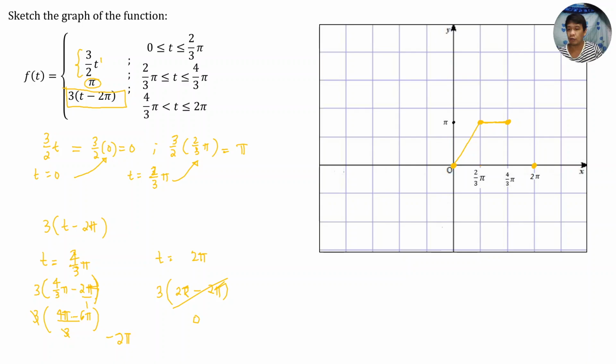So, negative 2 pi, that's roughly negative 6.28. So, if this is 1 kalahati, roughly nandito siya. And since excluded, maglalagay ako ng circle kasi excluded yung 4/3 pi. And then, I will just connect the two points, it forms a line. So, remember, since circle ito, kasi hindi siya included doon. So, that is the graph of the